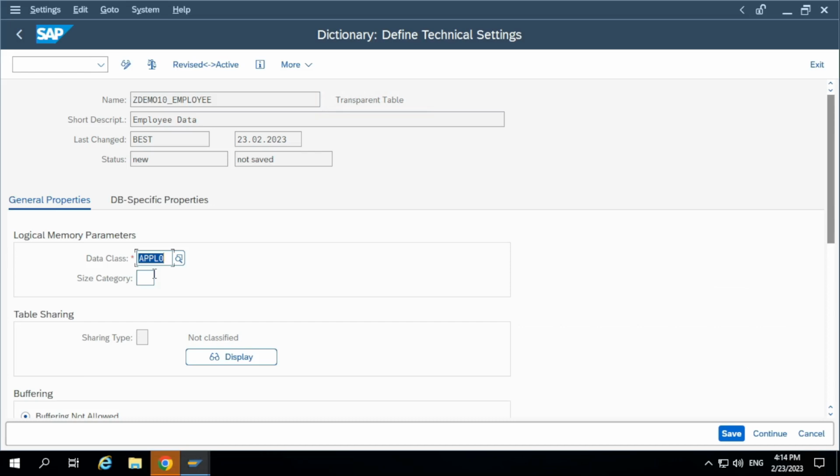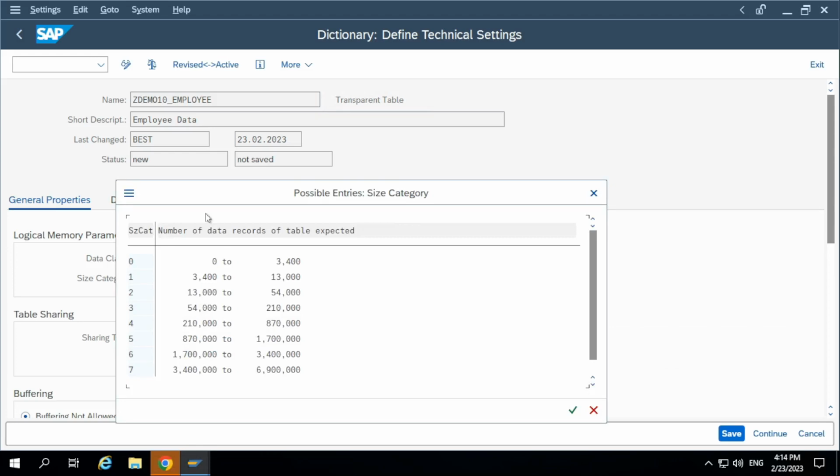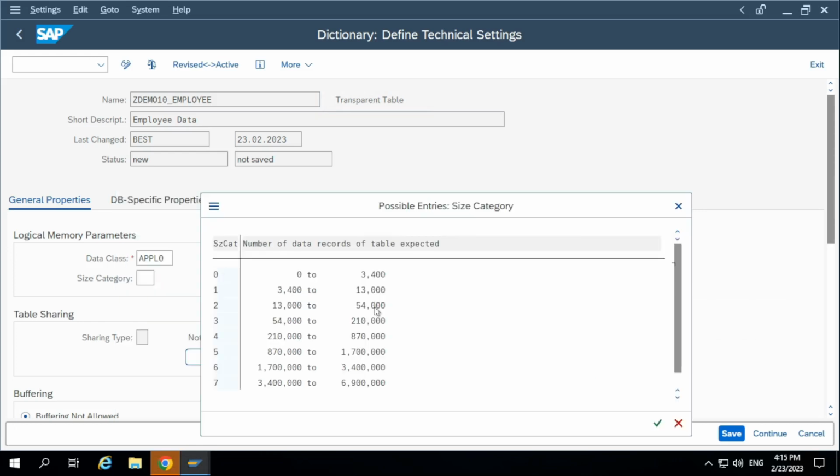Size category. What is size category? Size category is the approximate number of records you want to store in the table. It is expecting you to define some approximate number of records you want to save in this table. If you select 0, it will accept up to 3400 records. If you select 1, it will accept up to 13,000 records. If you select 2, it will accept up to 54,000 records, right? So it is asking you to select the approximate size you want to allocate for this table in the